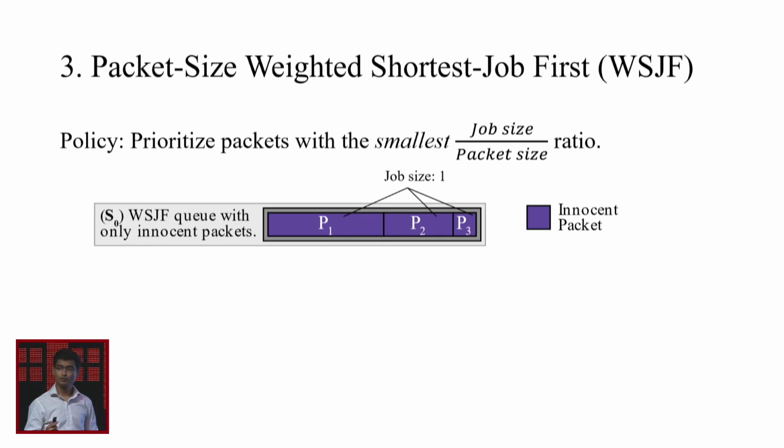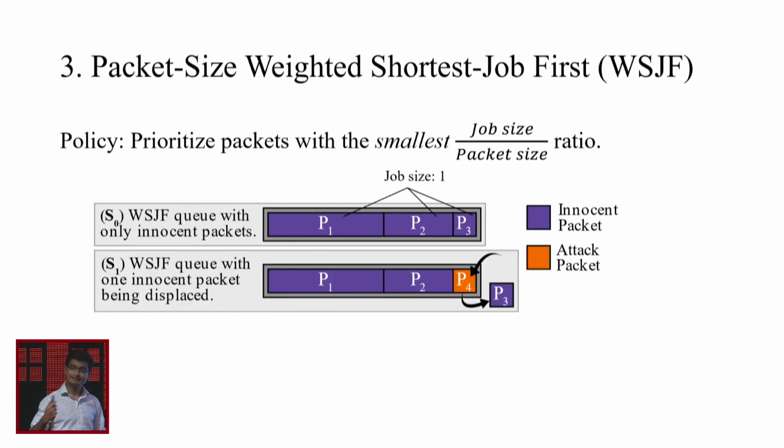So now consider an attacker who wants to displace one of these packets using some of their own. The way the attacker is going to do this is by inserting this packet with packet size P4 and unit job size. If the attacker's packet size was any smaller, it wouldn't be scheduled. And if the job size was any smaller, it would introduce slack in the system capacity for innocent traffic to be served. So we see here that the attacker has to put in P4 bits of work, or P4 bits of attack bandwidth, in order to displace P3 bits of innocent traffic. And it has to satisfy that relationship over there. So this is interesting. We observe that the attacker puts in more bits than they want to displace.